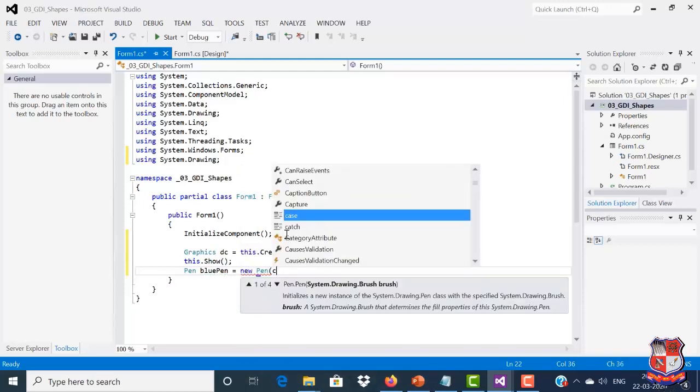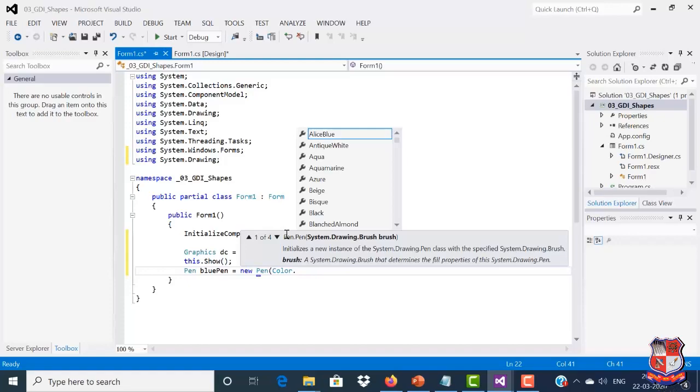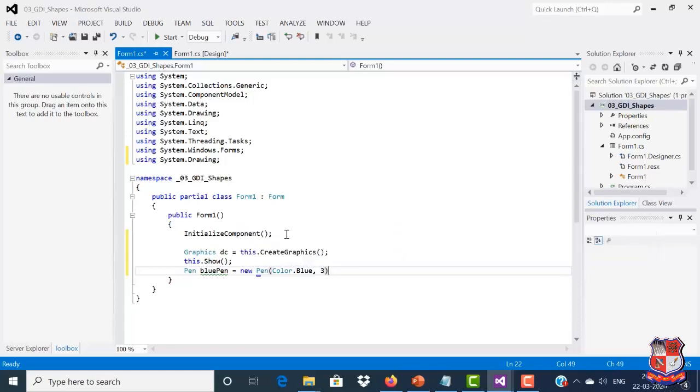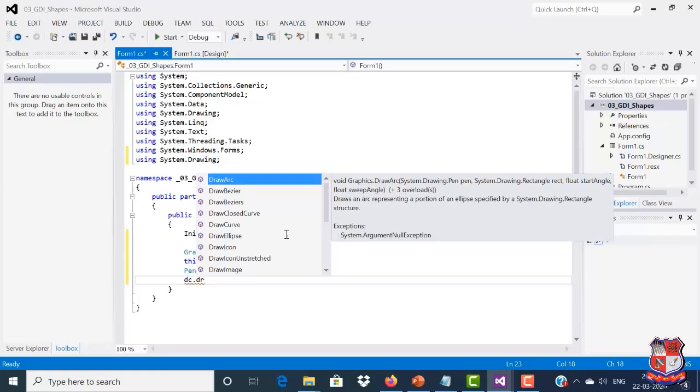New color, check. We see that this pen method is asking for some arguments, and for the color argument we have to add, for example, Color.Blue, and comma, we have to write the size of that pen, so it is 3. Now next we are taking the object dc dot draw